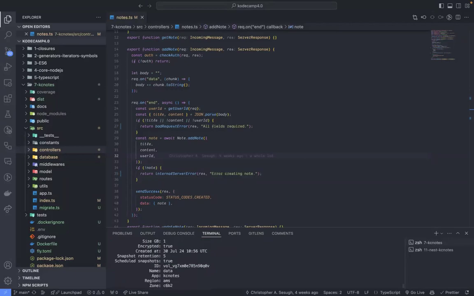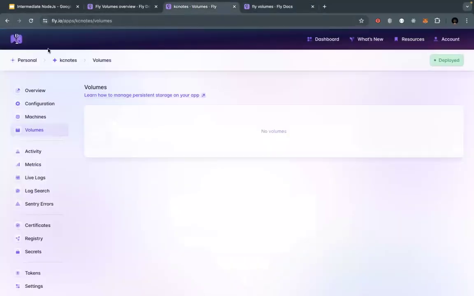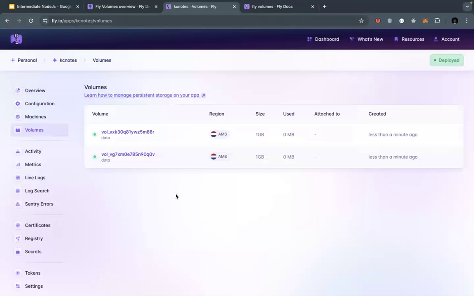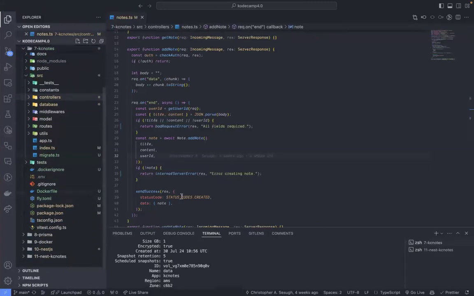We have 2 volumes. Now, if you come over to Fly volumes and refresh here, you will notice that you have 2 volumes. Great. Each is 1 gig and it has 0 MB, because we've not used our volumes. So if you come over here in our Fly terminal,